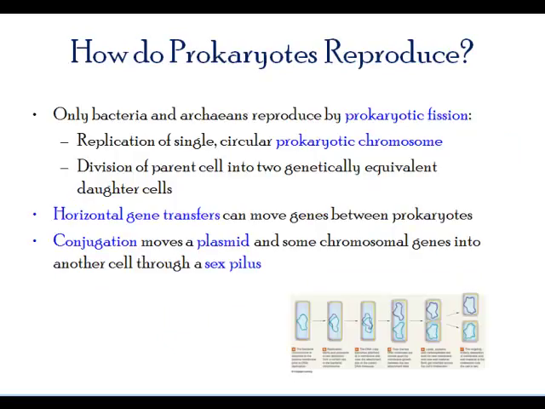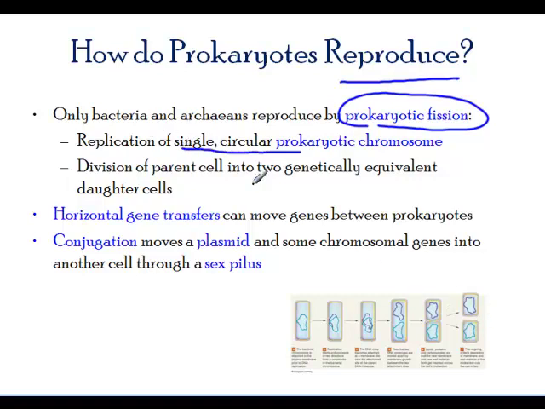Now, how do these cells reproduce then? Because they don't really have reproductive organs. The primary means is fission. Fission means splitting in two. So here's a cell, it's dividing into 2 and 4 and so forth. And it has a single circular chromosome, but when it divides into 2, both parts are being separated.